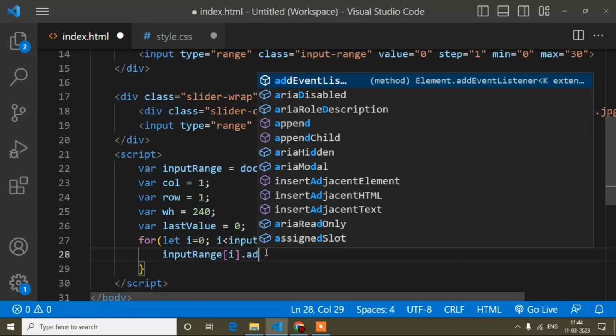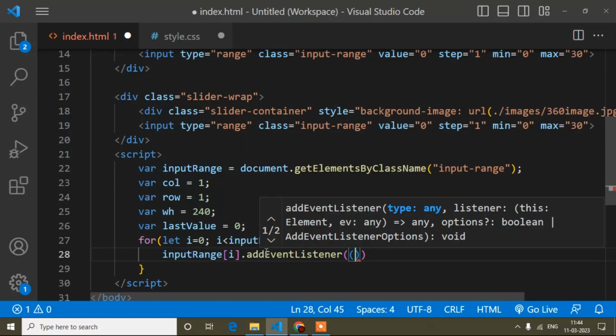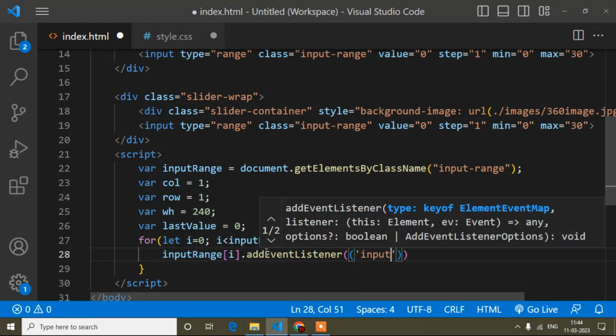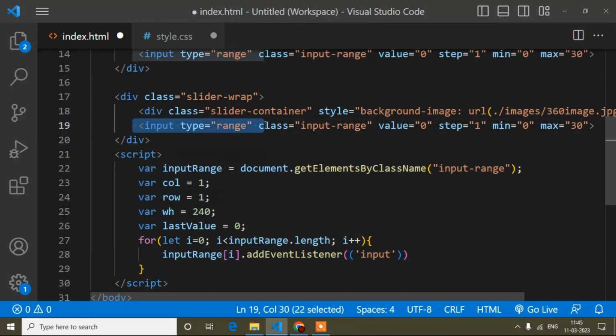Add event listener like this one, and here the event name is input. You must have listened to the click event, hover event, mostly commonly we listen to the click event, but here this is a range slider, so the event is different.